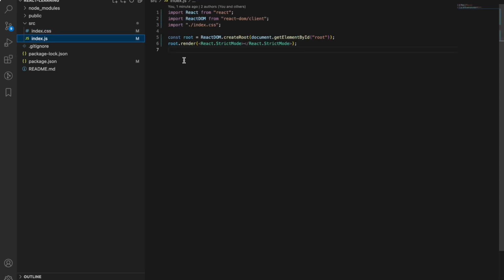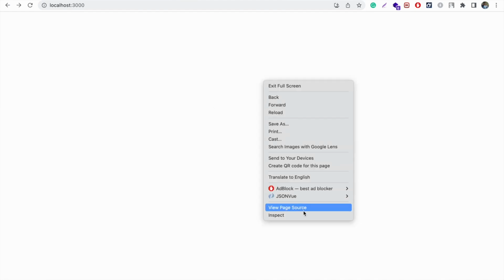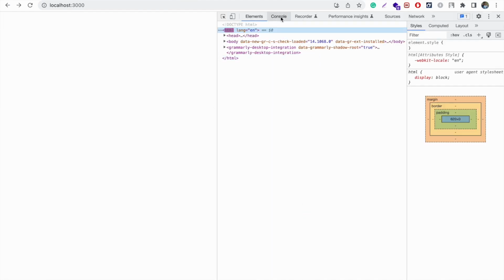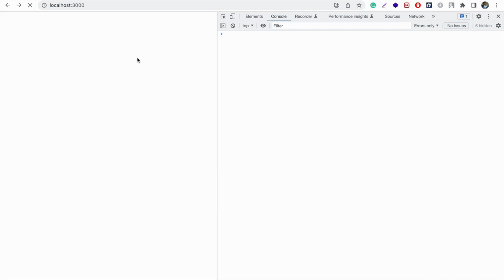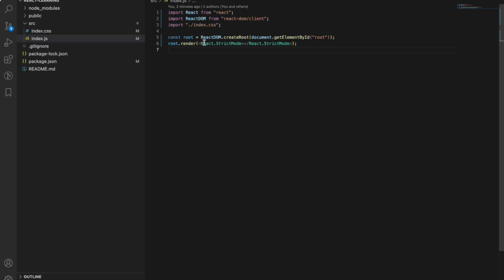Now we'll just see what happens in here. In the browser we cannot see anything right now, and I'll open the console also. Let's see if there is any error. So there is no error in the console, but we cannot see anything in here. As you can see, when we are rendering, what is happening here is,